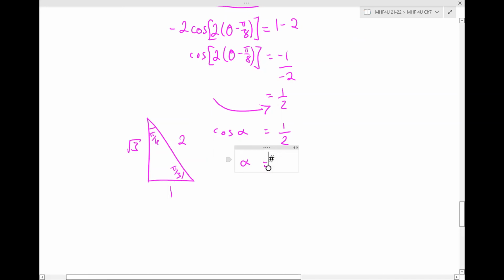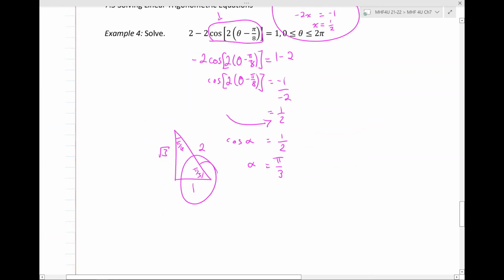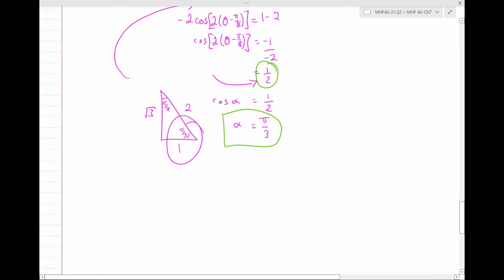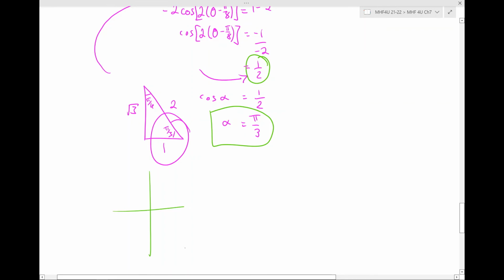And I'm hoping you said, actually this is the same one as last time, wasn't it? We're working with pi over 3. If my related acute angle is pi over 3, I need to set everything inside my cosine function equal to that after I put it into my CAST rule. If alpha is equal to pi over 3, and my cosine ratio is positive, then I'm working within quadrants